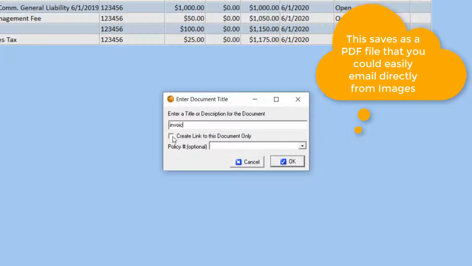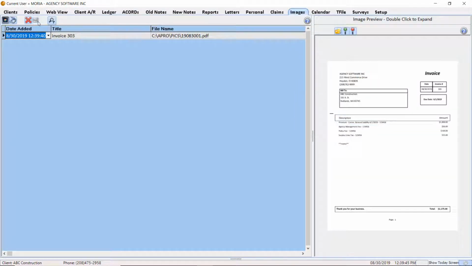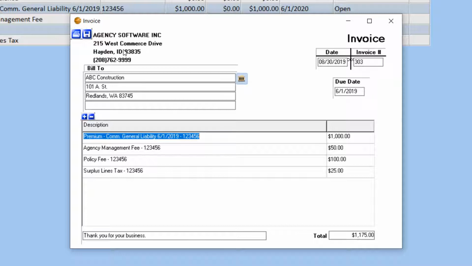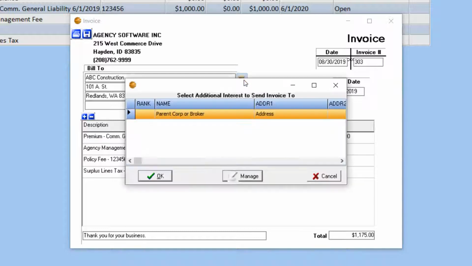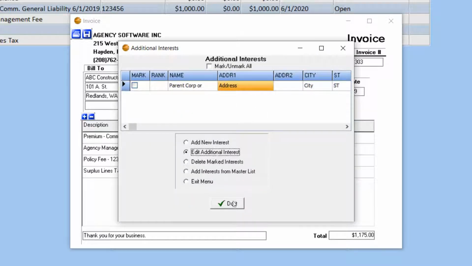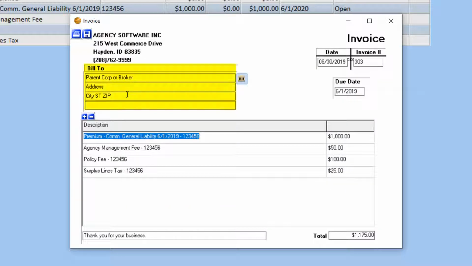If the changes are minor changes, such as adding a memo to the invoice, you can make the change and then click the Save icon to save a copy of the invoice to the Images module. Notice the Additional Interests icon next to the Bill To box. If you need to bill another entity on this account, you can set the entity up as an additional interest and choose them in the Additional Interest screen, which will select them as the entity to bill instead of the